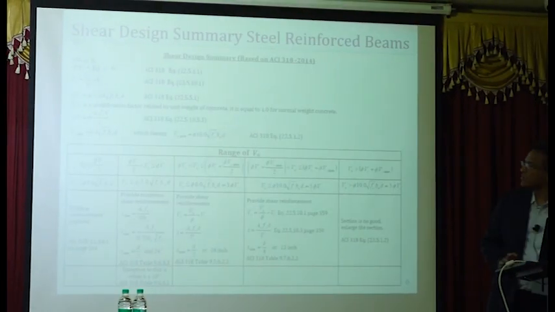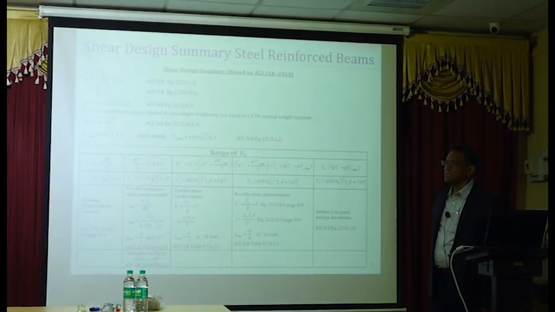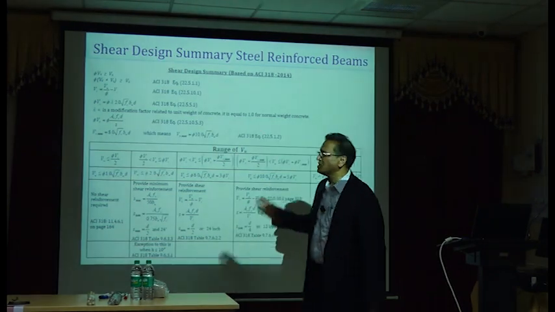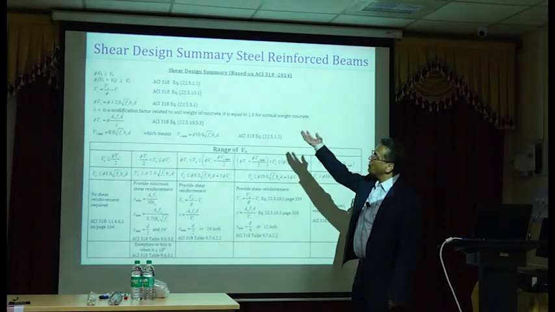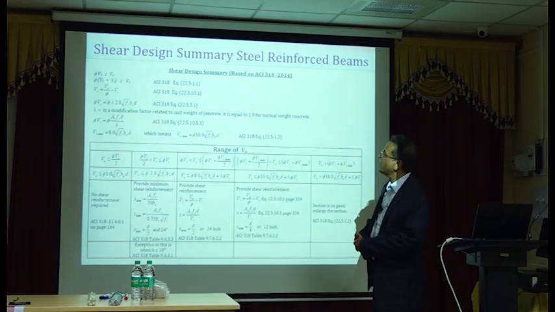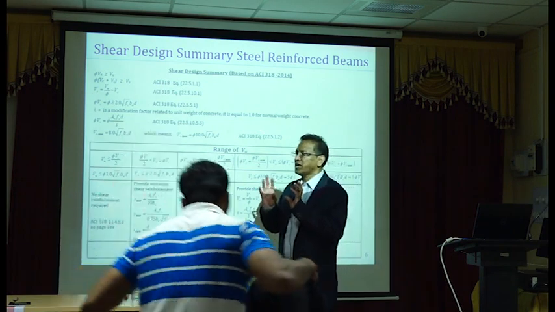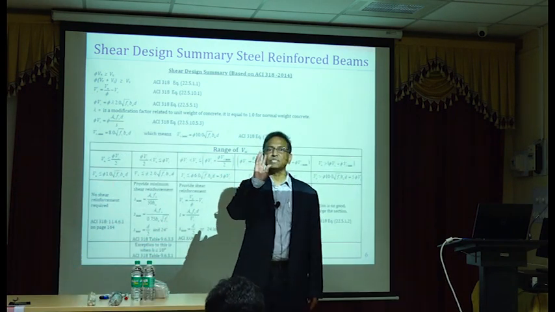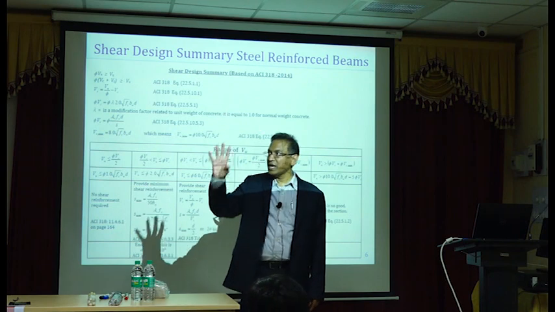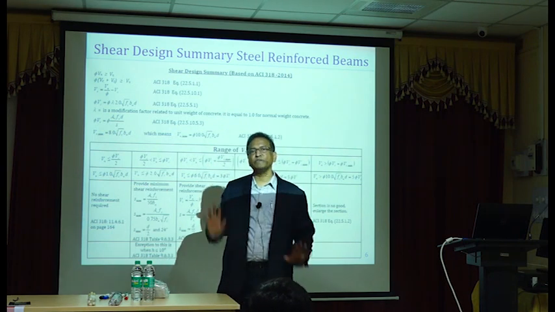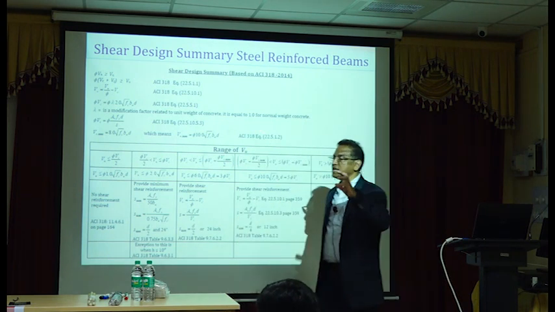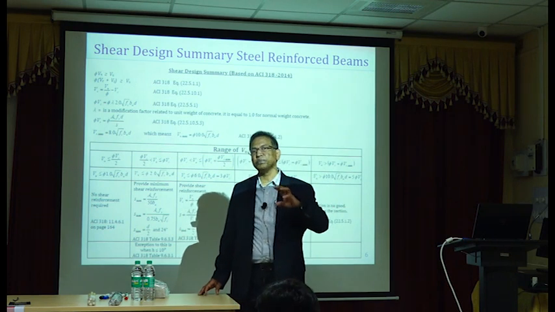So now I will just quickly present the ACI method for shear design, because ACI 440 uses the same approach for FRP reinforced shear reinforcement. What ACI says is, the approach is very simple. It says total shear strength is equal to the contribution of concrete and the contribution of steel. That's all. VC plus VS concept. That's what they call it.